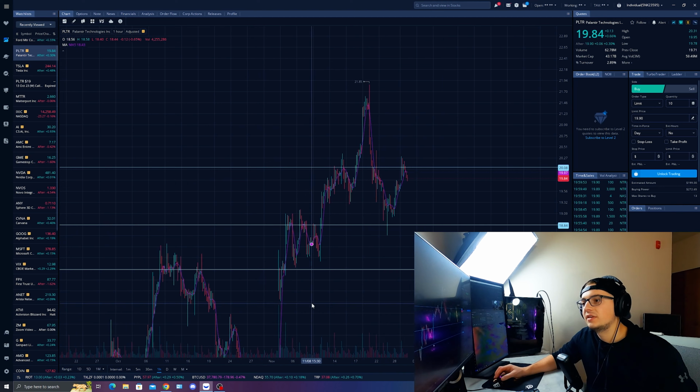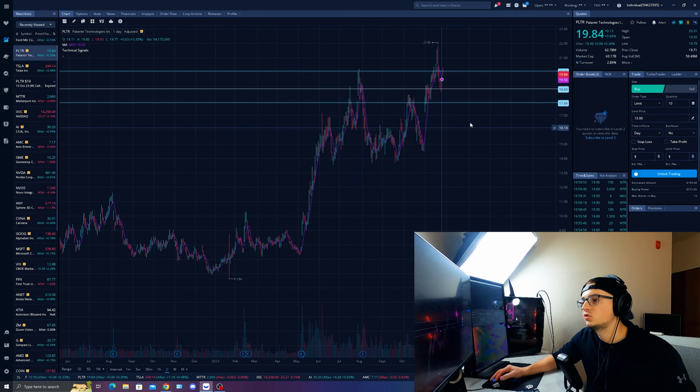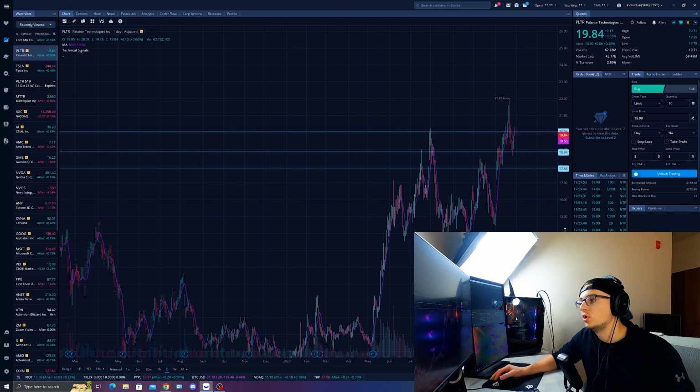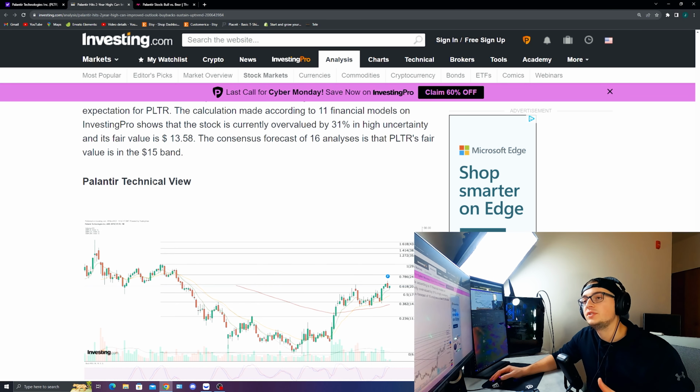Now, interesting to say there that the fair value is in the $15 band, because if we do zoom out on Palantir, we have had a lot of trading in this actual $15 area. Palantir right here from May of this year all the way until this recent explosion that we have seen has had incredible support in this $15 band and even consolidation here with some breakouts. And you can see this breakout could eventually come back here into this $15 band